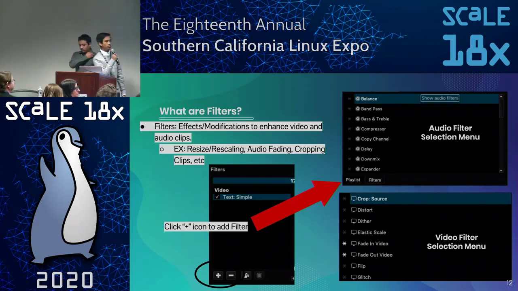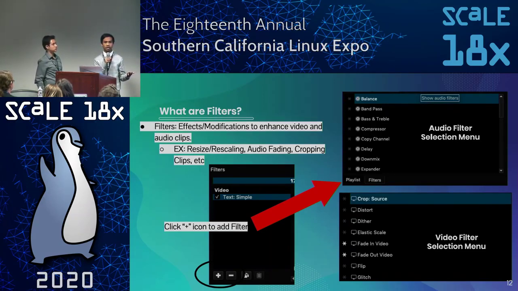Alright, so now that we have all our clips lined up on the timeline, it's time to add filters to these clips. Filters are any effects or modifications that are used to enhance either the video or audio clip. For example, we might need to resize or rescale a specific clip, or we might need to fade the audio out. In order to do this, all you have to do is click on a specific clip